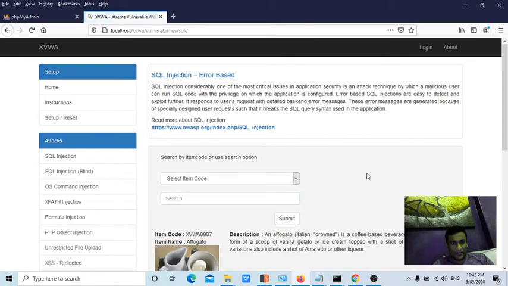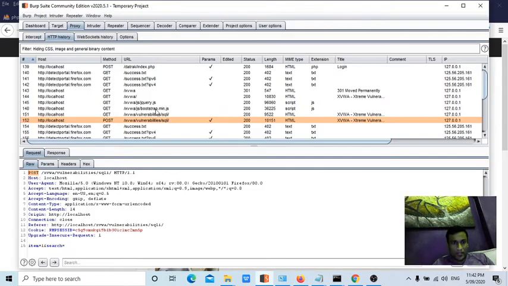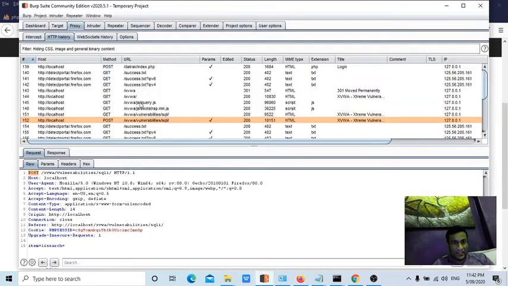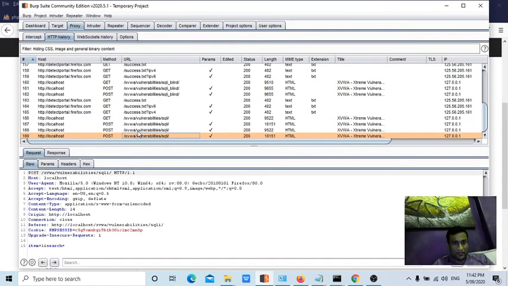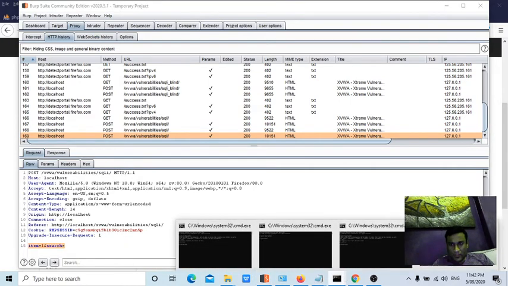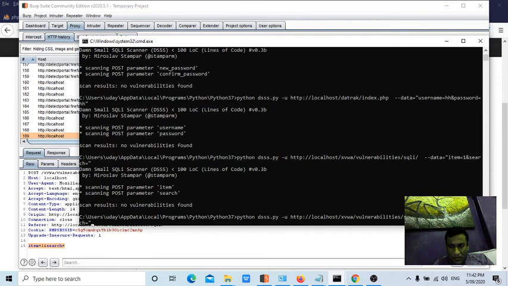I feel a little tired, maybe. Okay, now I entered some input and it has shown some data in response, so I'll take that particular request, like the last one. Right click, item is equal to 1 and search is equal to nothing, the same thing. Yes, that's right.